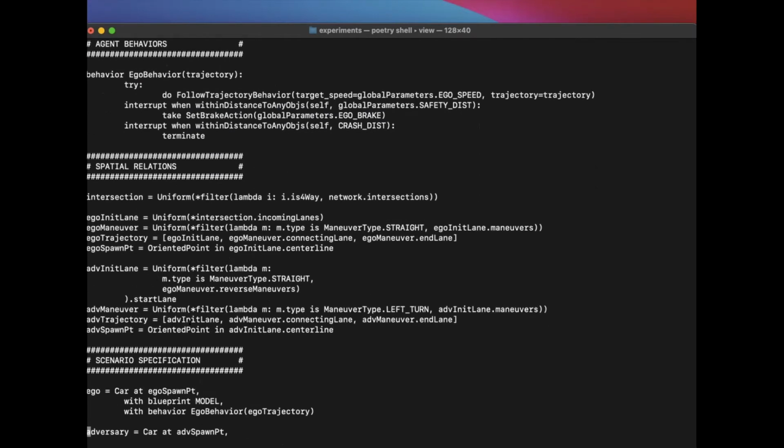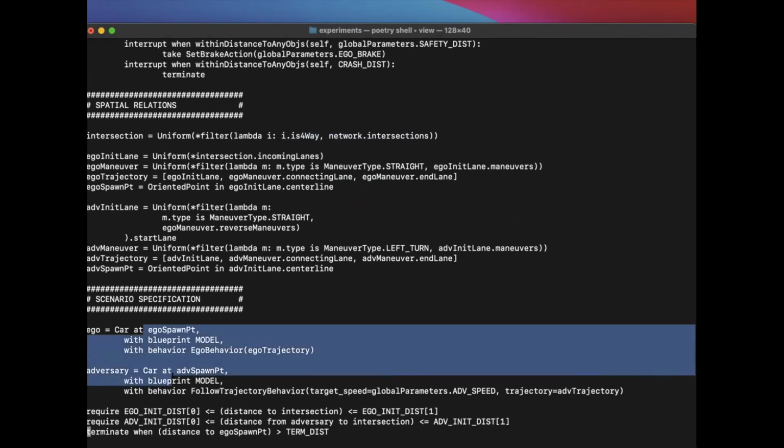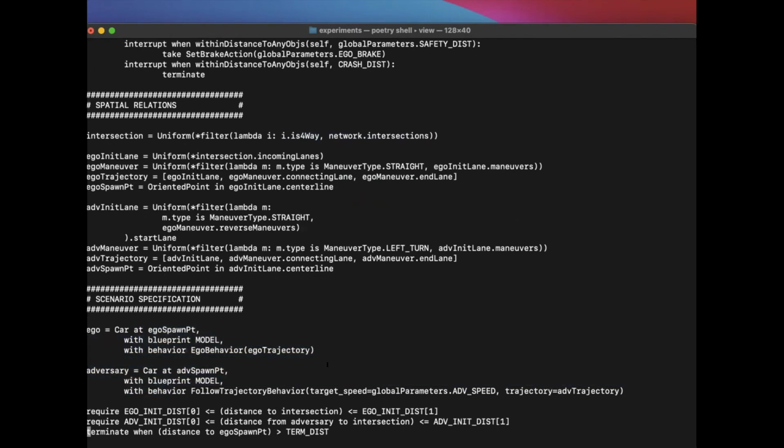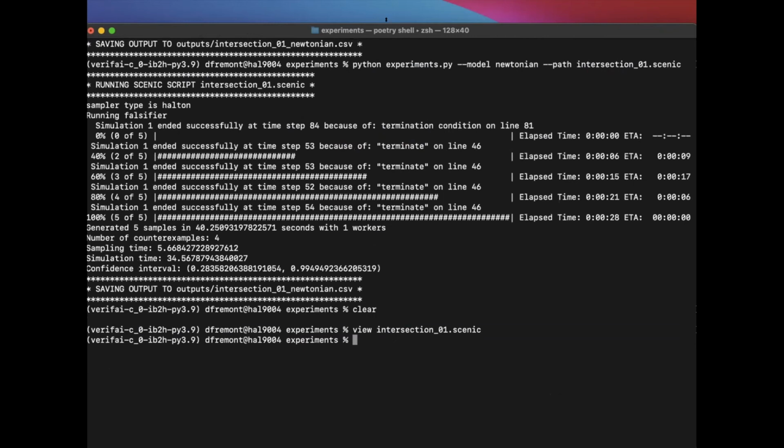We're laying out the geometry by picking, from the entire road network, a random four-way intersection and so forth. And then finally, we're positioning the cars relative to that. So it's quite similar to what we just saw. And now if we run this,